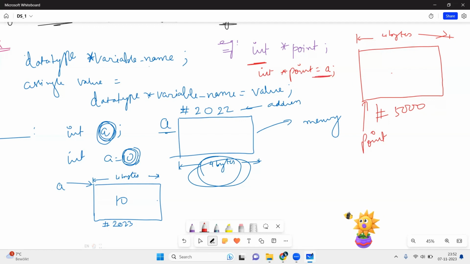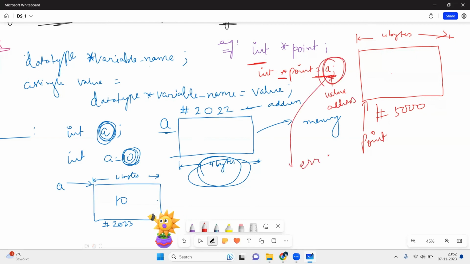When I say star point, so this is point, and it's storing A. So whatever A is having, it's storing. But when I'm trying to reference something, that other thing which I'm trying to reference needs to be either a value or an address. So if I'm trying to reference a variable, it will give me an error. It will say A is just a variable. So what I will do,